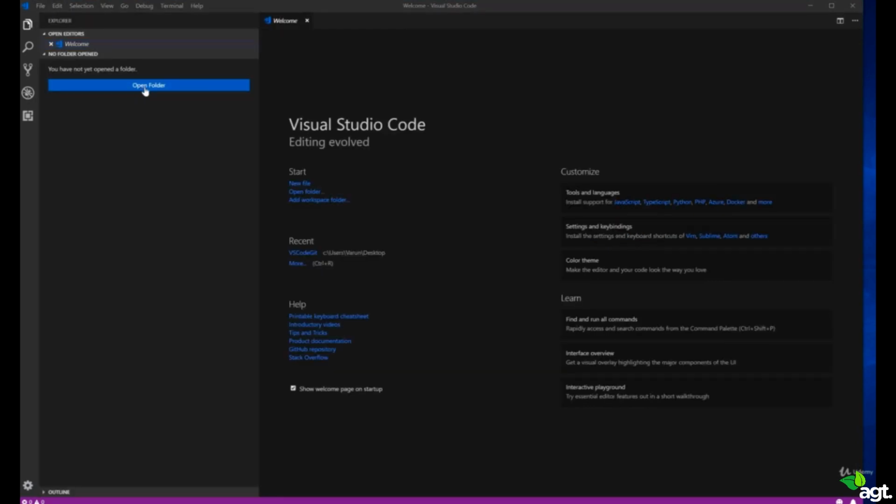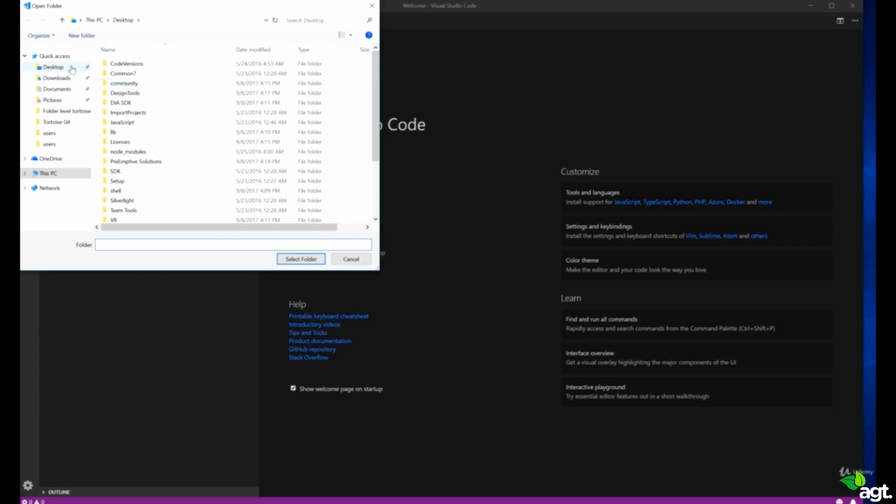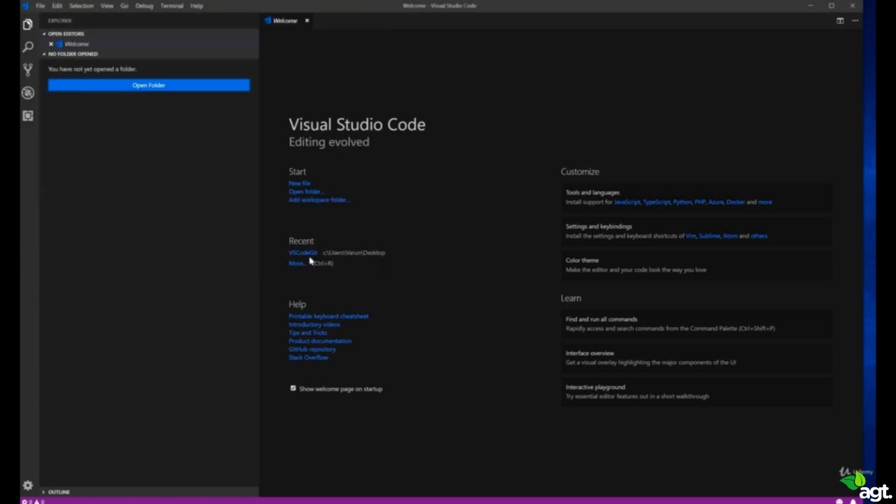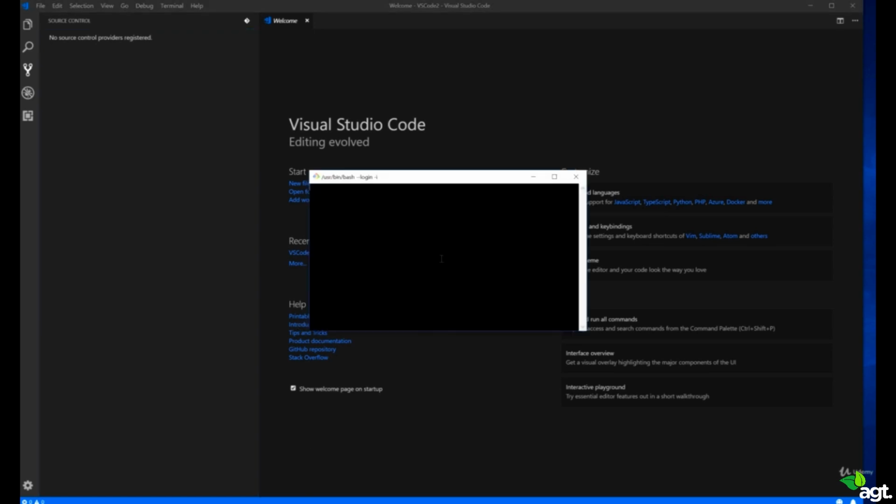So let's open the folder. As you can see, I'm using a fresh folder, right? No files, nothing. Now the way you start working with Git is you click on the icon here. Right now you'll see nothing is provided. So typically what you would do is you would open Git Bash, or Terminal on the Mac. I'm on Windows right now, and you would go to the folder,